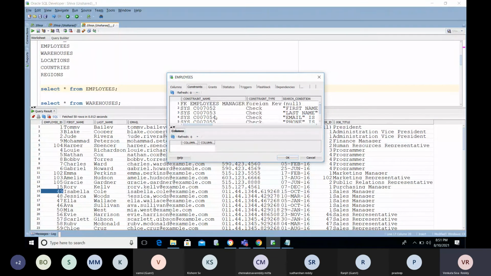Check for any foreign key constraint. We have the manager ID as the foreign key here.